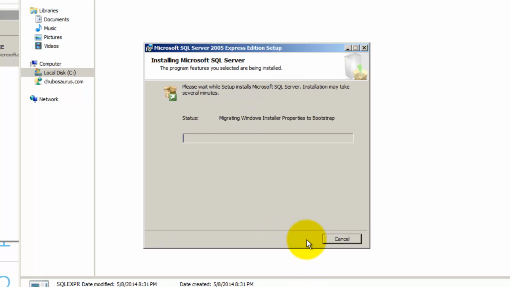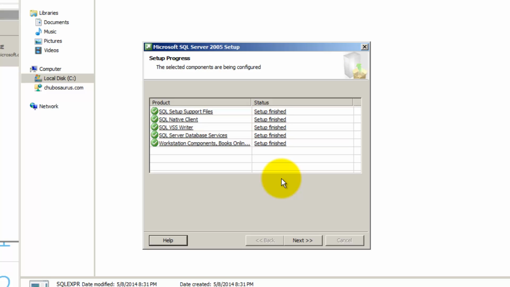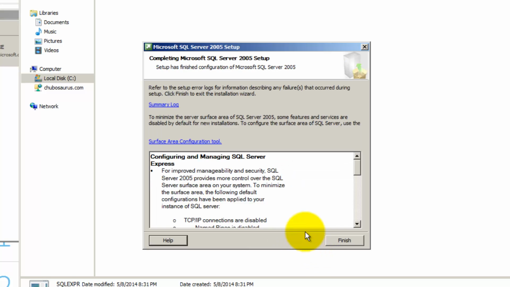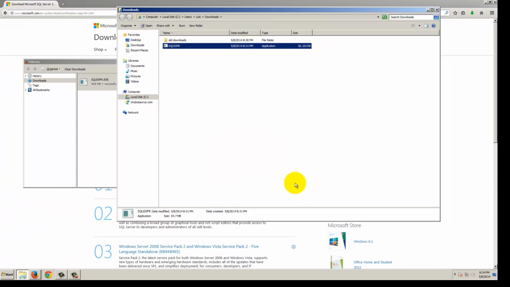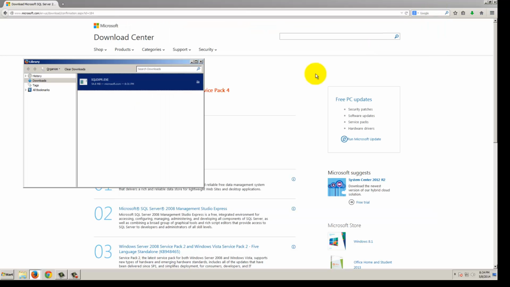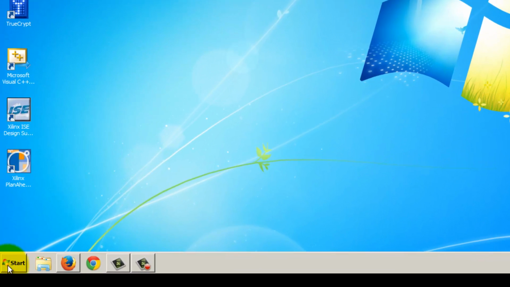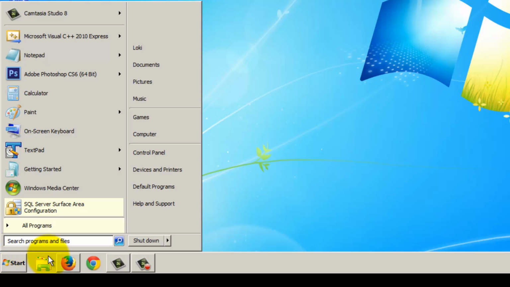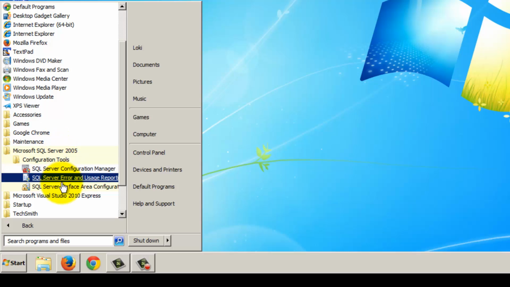At this point, every single check mark should turn green, and that will mean that the install has been done correctly. Click on next, and then click on finish. Now the server should be installed, and the service should be running. What we want to do is actually check the service to see if everything is set up correctly. Click on the Start menu and then browse to the Microsoft SQL Server 2005 folder and launch something called